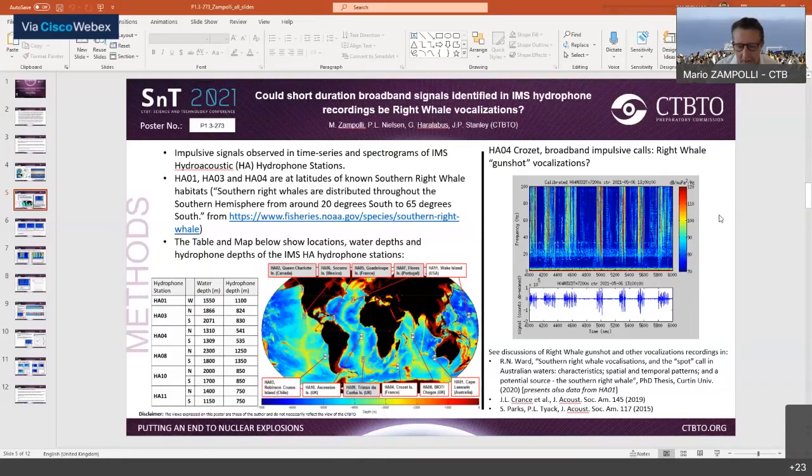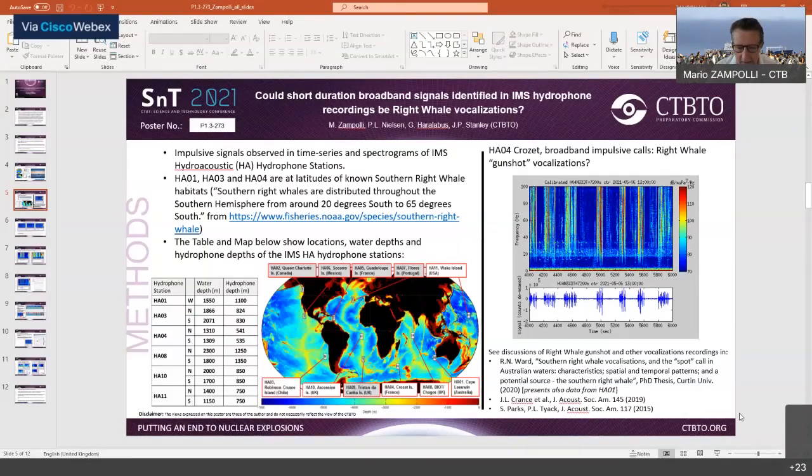When we do our quality check of our hydrophone stations and see sounds like these, sometimes we think they almost look like electronic noise or crackle, but it turns out that they are quite similar to sounds that have been reported in the literature, and some of the more relevant recent publications are listed here below, which are attributed to right whale vocalizations, which seem to be a topic of increasing interest in the community that studies these